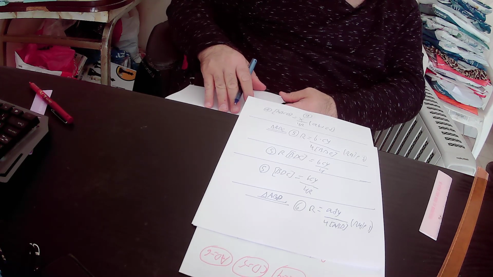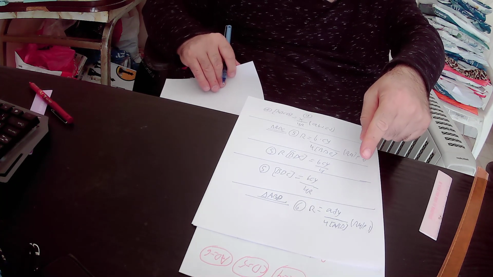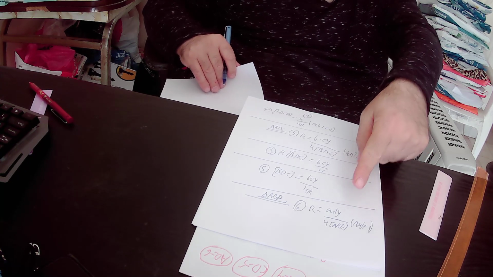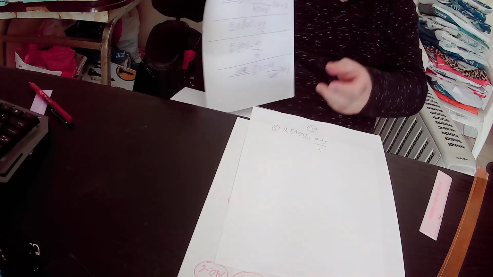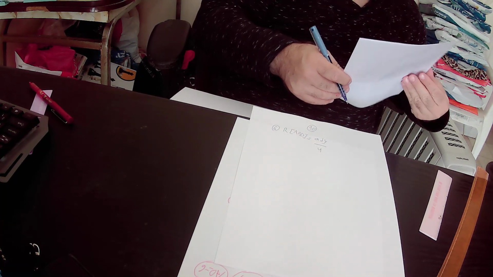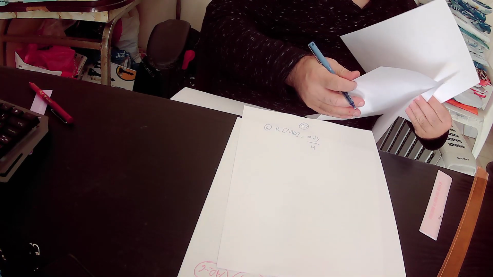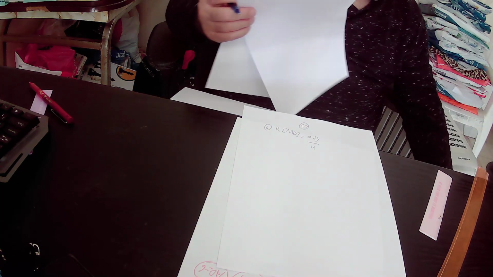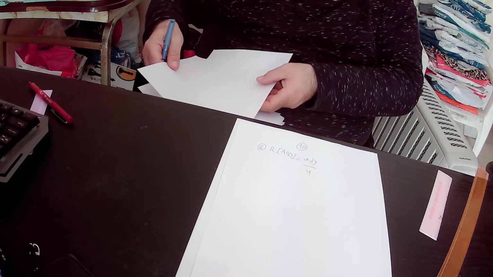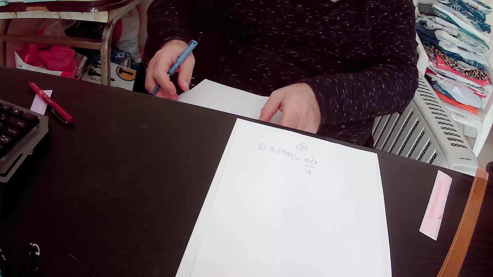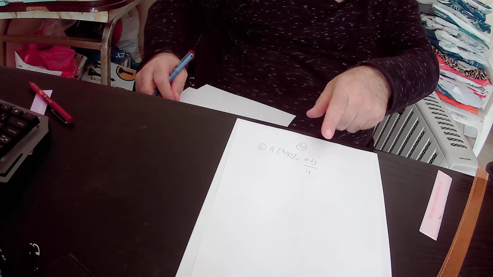Okay, so we multiplied equation number 6 by the area of triangle ABD, and we got that R times the area of triangle ABD equals ADY over 4. Here we will divide the equation by R, and we will get the area of triangle